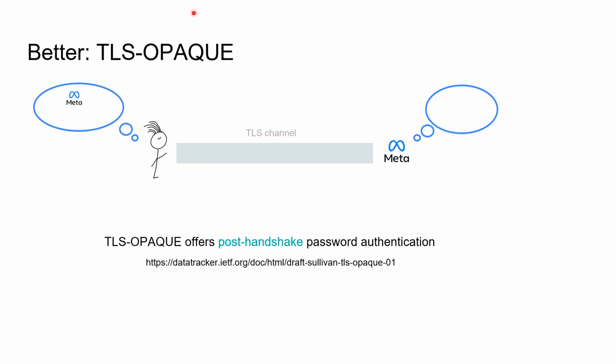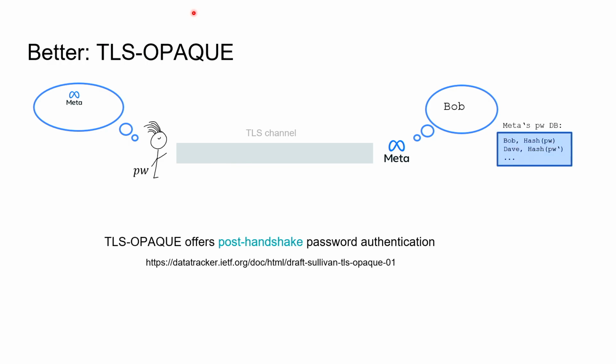What do the parties know about each other? Well, the user has verified the server certificate, so the user knows who it is talking to. The server knows nothing about the client, right? There's an option, it's optional on TLS connections, to also verify a client certificate, but it's not really used at all, because clients usually do not have certificates. Okay, so what does TLS-OPAQUE do?